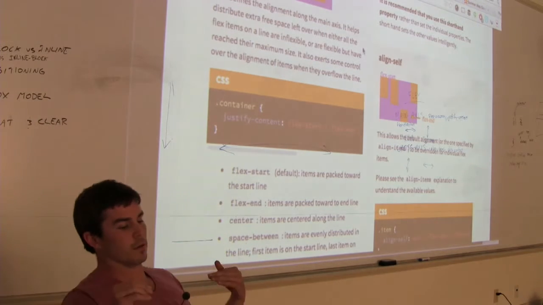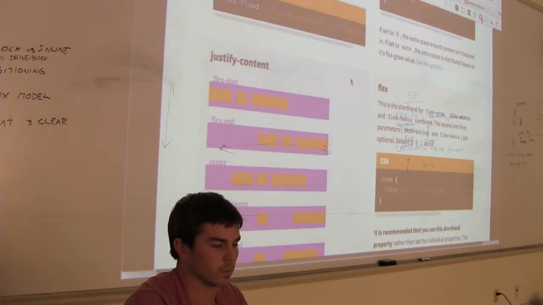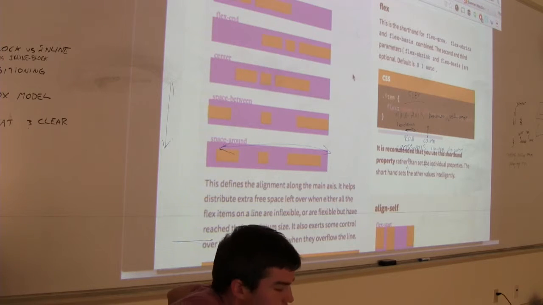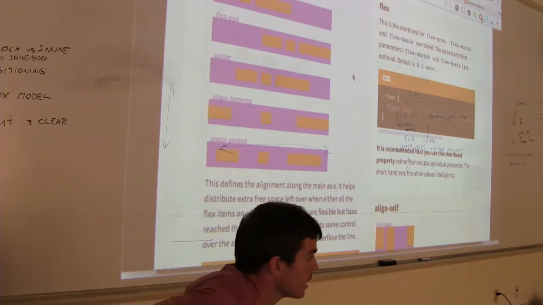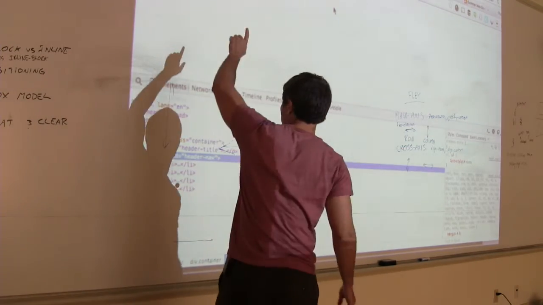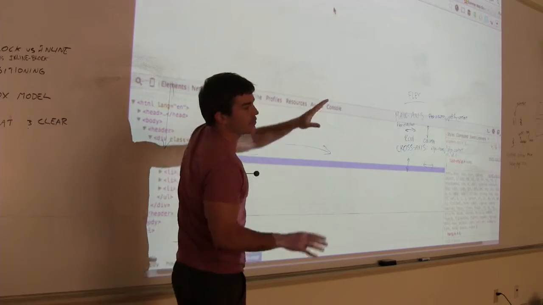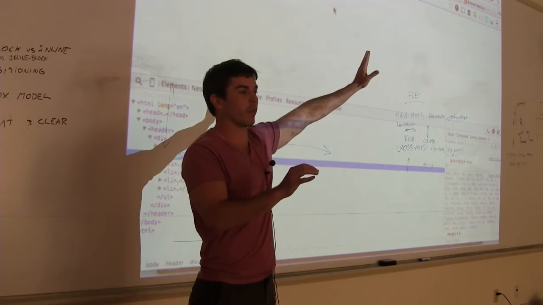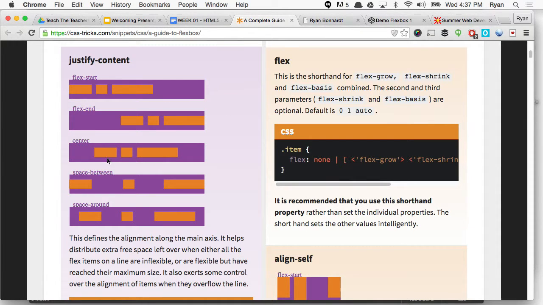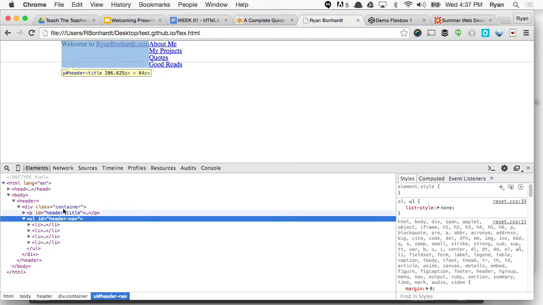All right, so we have justify content. On the main axis, what we're looking to do with our header title and our header nav is have one all the way to the left and one all the way to the right, correct? So what we're going to do is space between. See that? It pushes them and gets space in between. So since we only have 2 items, what's going to happen